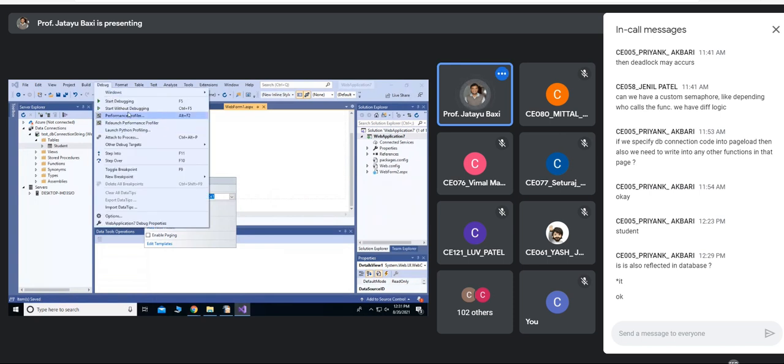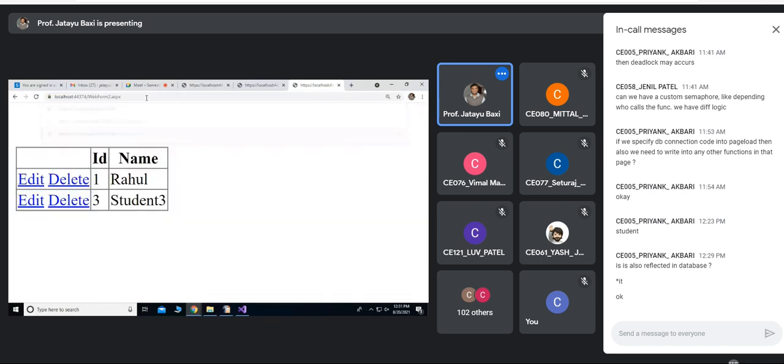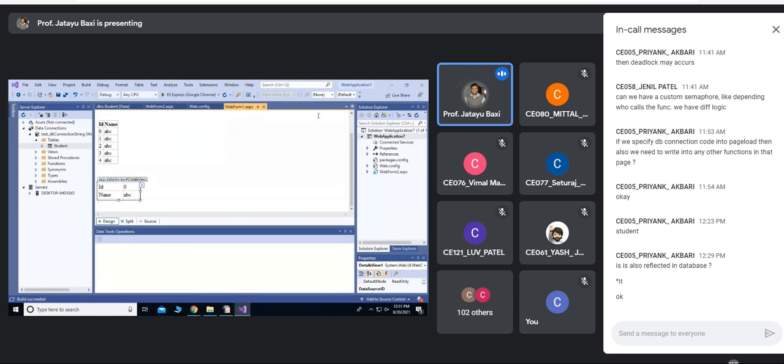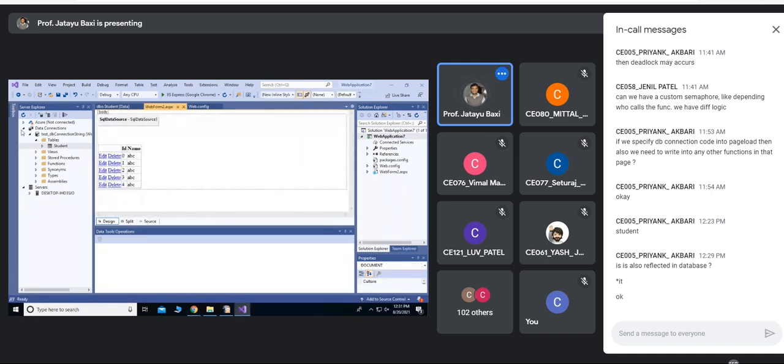And if I run, oh, I think I placed it in the wrong page. Yeah. So here I am putting a details view.